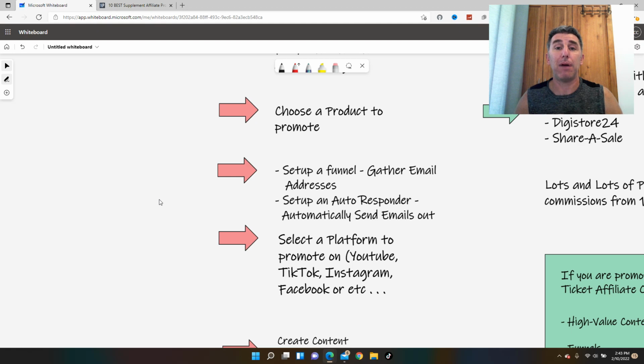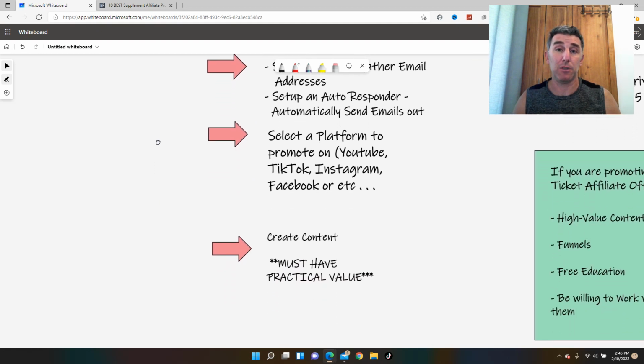People are always buying stuff in these evergreen niches, and the market is so big, you don't need to have 10,000 email addresses or 10,000 contacts. You just need to have enough to make the money that you desire. Be it $2, $3, $5, $10,000 a month, you can get there. But this is how you do it. This is how everybody does it because it works. The other thing that's really, really nice about affiliate marketing is that it is scalable.